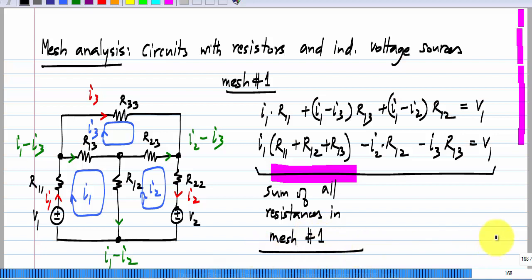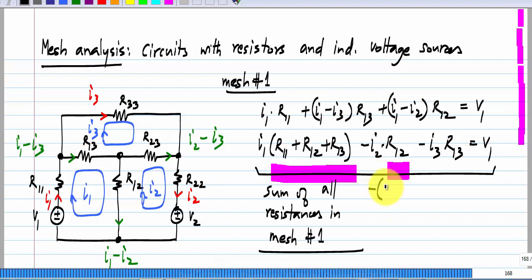I1 belongs to mesh 1, so the coefficient of I1 will be the sum of all resistances in mesh number 1 when you are writing the equation for mesh number 1. And what is this R12? You can see that that is the boundary between mesh 1 and mesh 2, or R12 belongs to both mesh 1 and mesh 2. So the coefficient of I2 will be